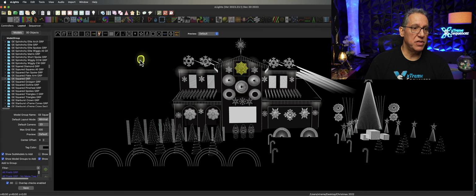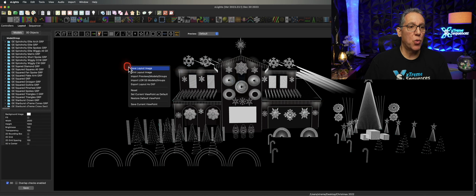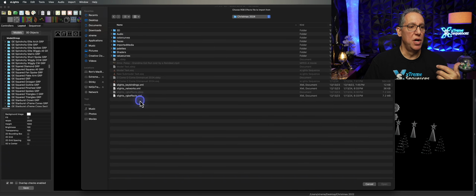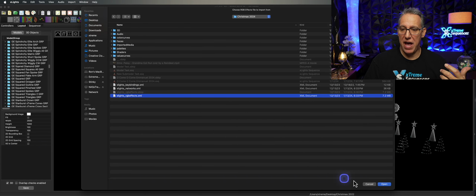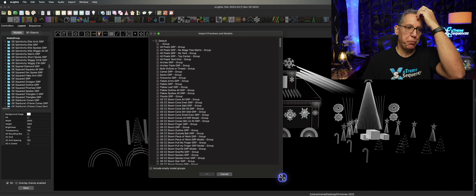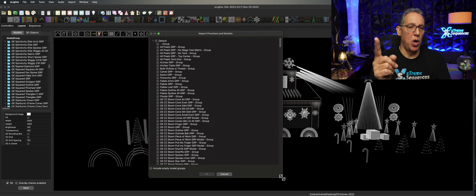Where we go? Here we go. You have to make sure no models are selected. See, right-click, import previews models, and then I can go to my 2024 show, and then I can bring in my RGB effects, and you'll see here it's going to give me a list of everything I can bring from the newer show. The challenge is, it's 2 things. I mentioned one. It's just going to create another copy, which I really don't want. The other thing is, it's going to carry some baggage with it, and you're going to have to go in there and tell every one of these models that it is no controller, because it still thinks it belongs to one. So that means you're going to have red. You're going to have overlapping channels right out of the gate. So I don't like that.